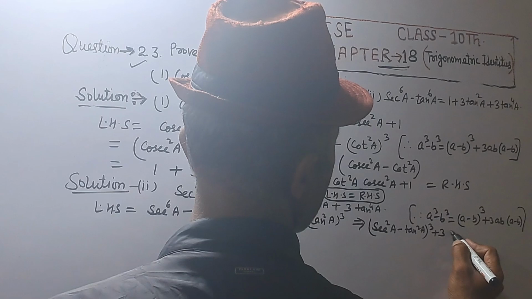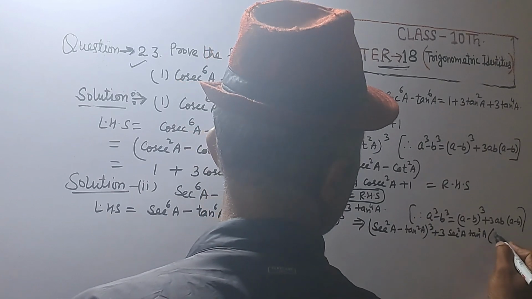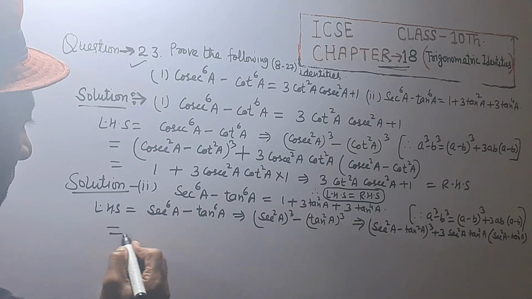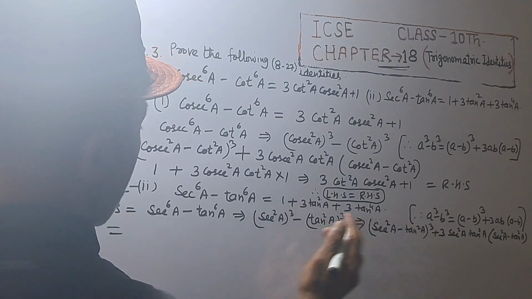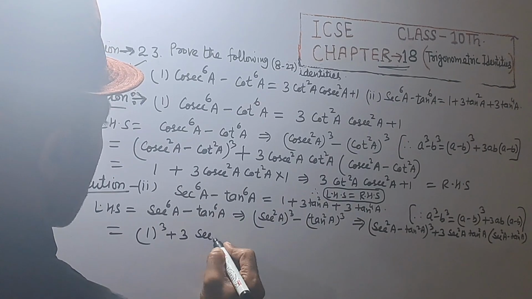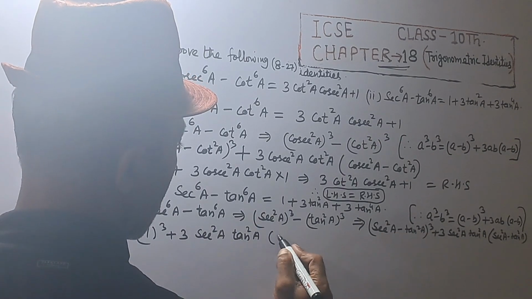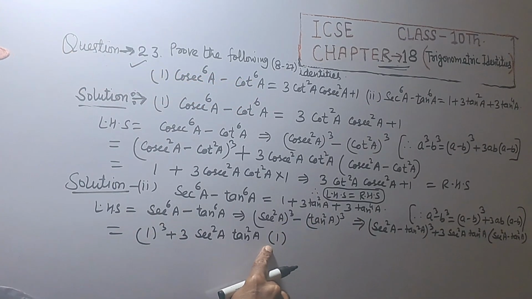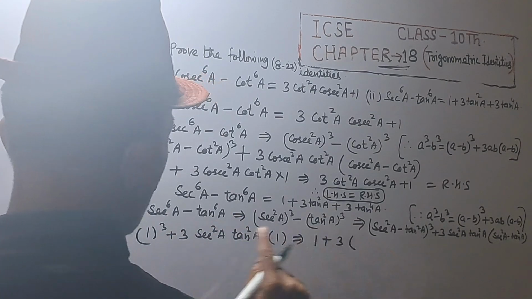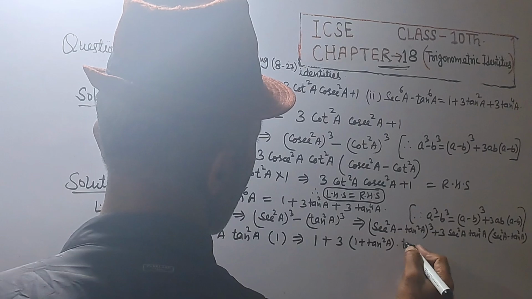plus 3 sec^2 A tan^2 A into (sec^2 A minus tan^2 A). Sec^2 A minus tan^2 A is equal to 1, so 1 raised to power 3 plus 3 sec^2 A into tan^2 A, and sec^2 A minus tan^2 A is equal to 1, which implies 1 cubed is 1, plus 3 into sec^2 A, that is 1 plus tan^2 A, into tan^2 A,